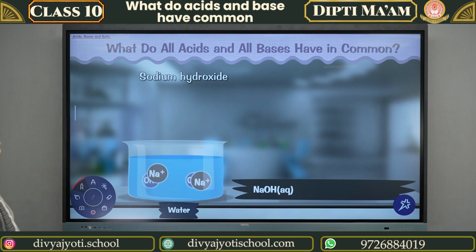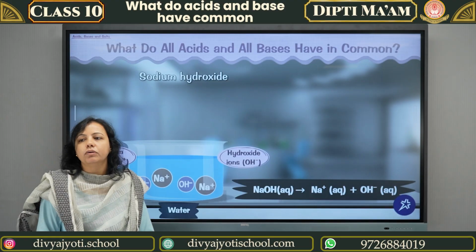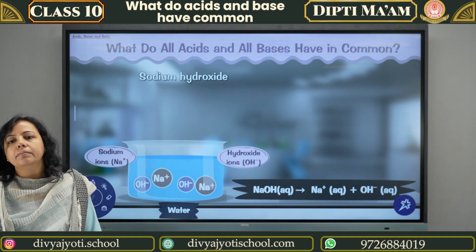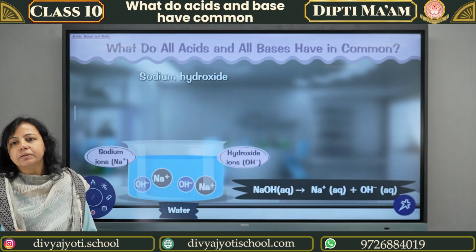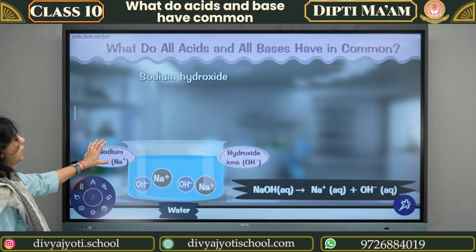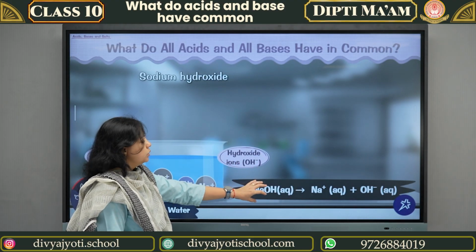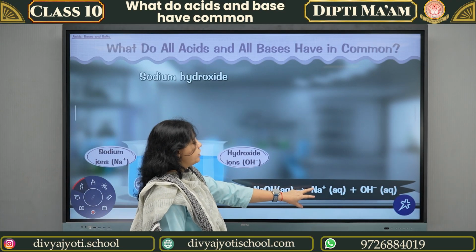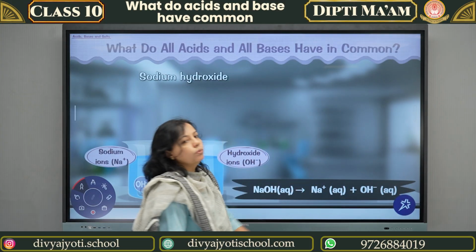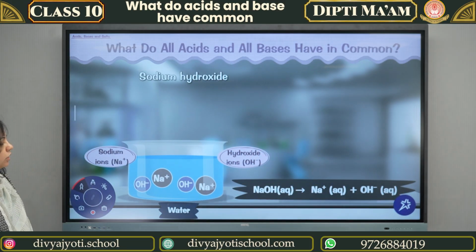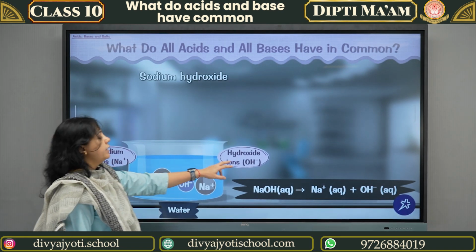So the next thing regarding this: instead of H2SO4, suppose I take NaOH. NaOH is a base. What is the name of NaOH? Sodium, and OH means hydroxide. So the NaOH name is sodium hydroxide. If sodium hydroxide is added into water, it will make a sodium hydroxide solution, in which you can see the formation of ions, that is Na+ and another one, the OH- ion. The name of the Na+ ion is sodium ion,